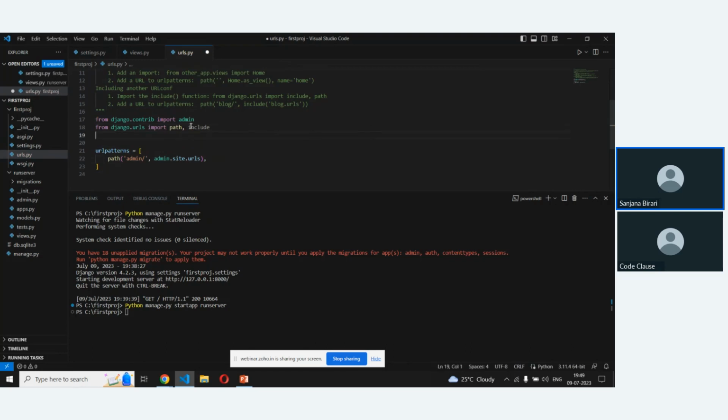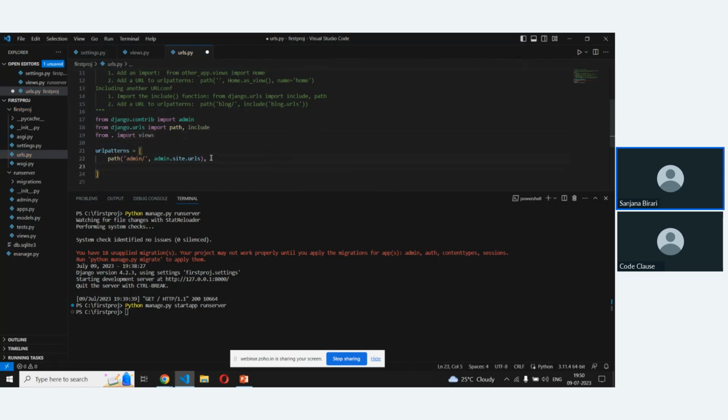Then again from dot import views. Now we have imported your view.